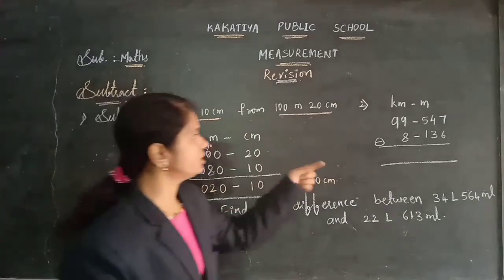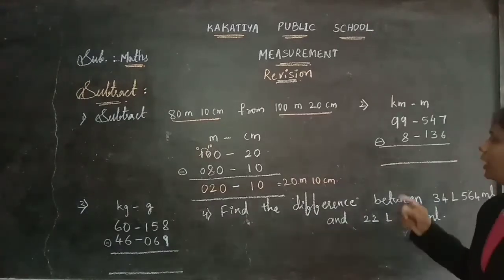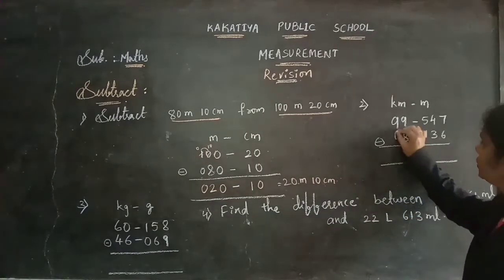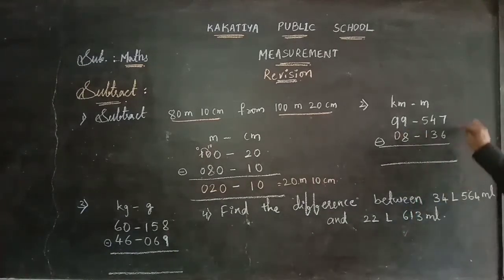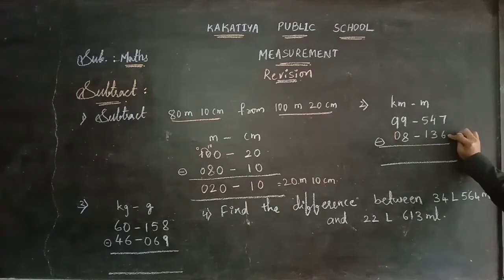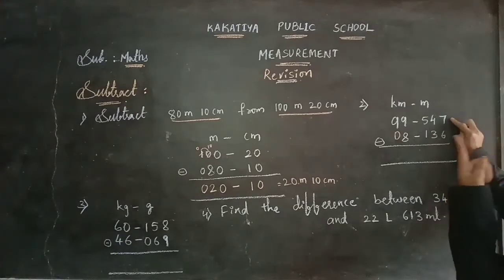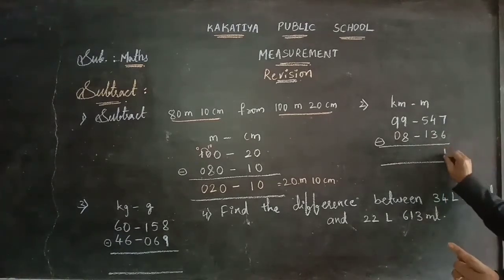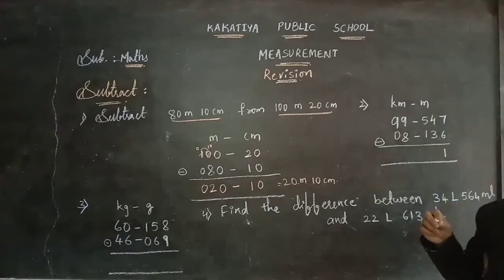Okay. Now coming to this kilometers and meters problem. Let's subtract these here. We don't have the digits, so we can take 0 here. Now 7 minus 6. Or you can start counting from 6 to reach 7. 6 after 7 requires 1 number immediately. Or 7 minus 6 also gives 1 only.